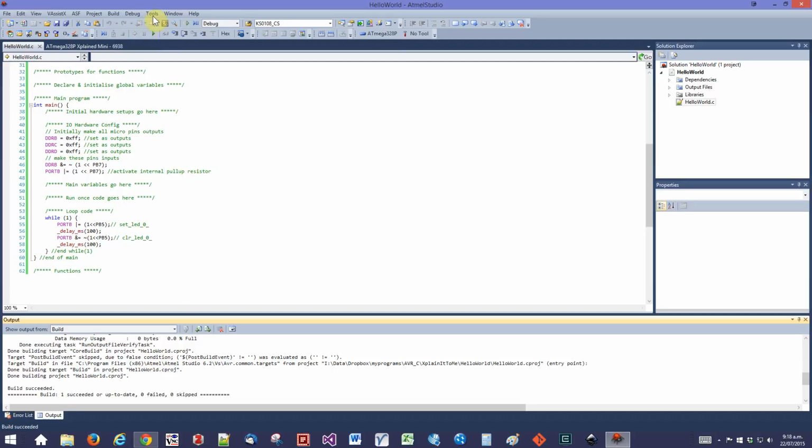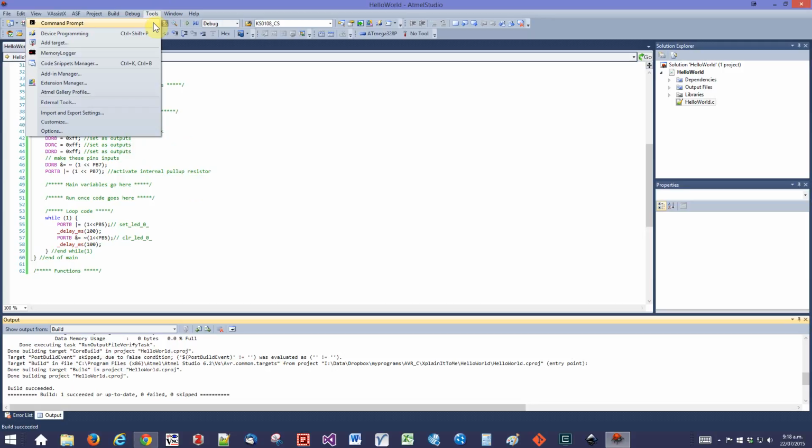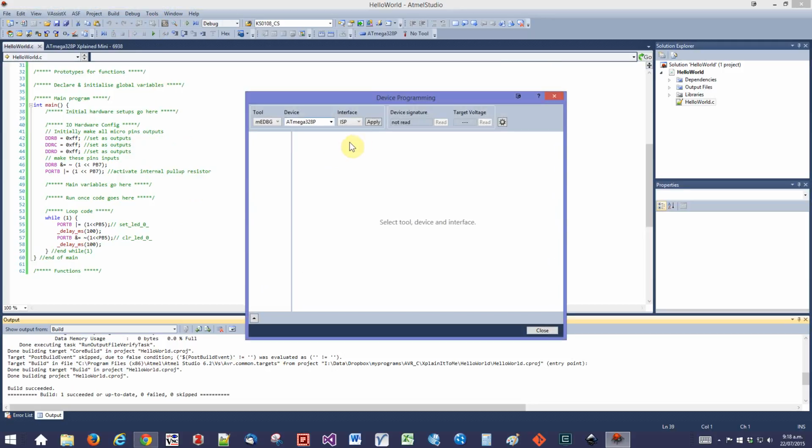Now we have to program it into the microcontroller. So here's our tools, device programming. And if you don't see this, just choose your board here and then apply it, and it should all pop up, and you should be able to read the device. There we go. We've read the device signature. And then we can go down here to